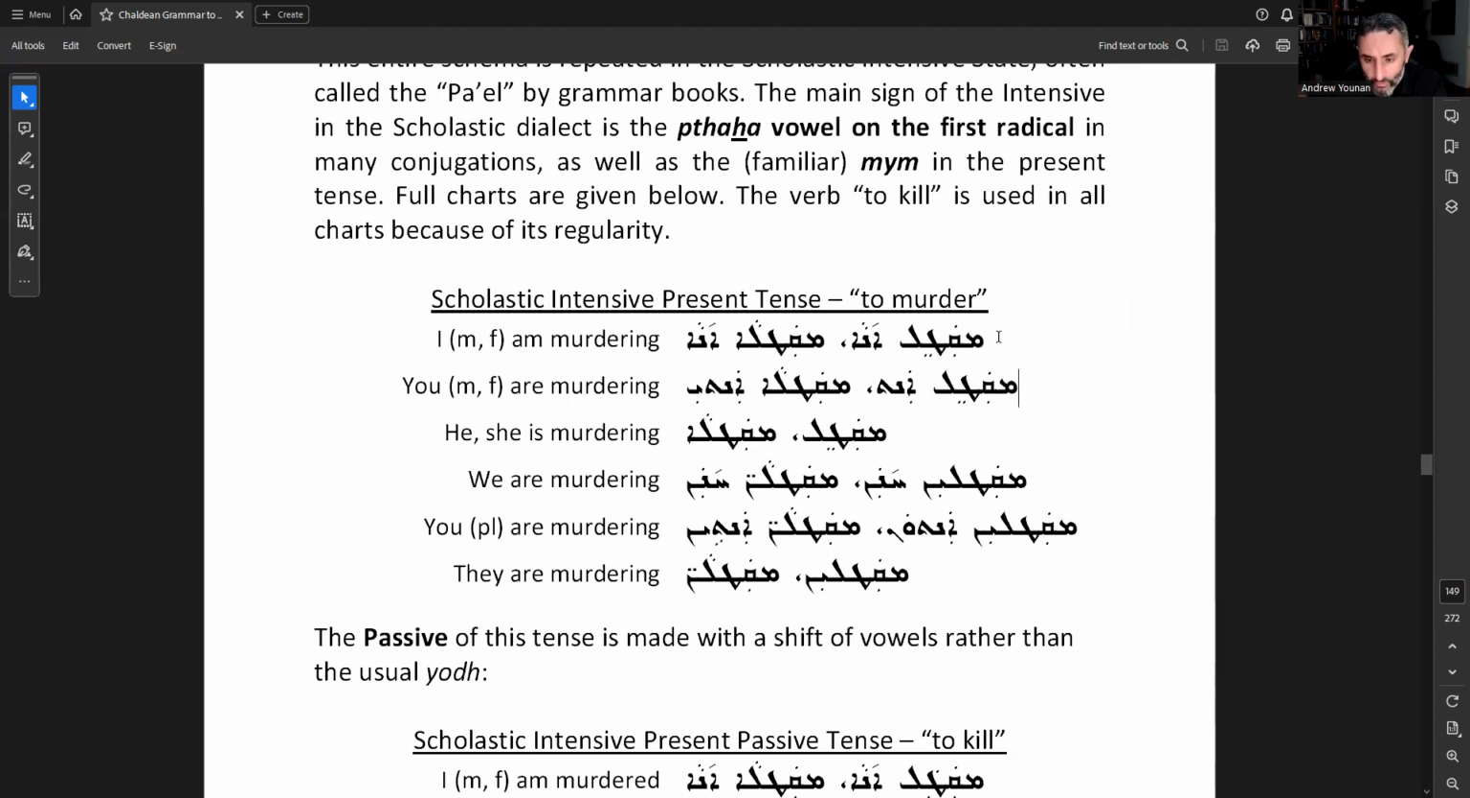And so on. So let me just read through the conjugation. مقتلنا مقتلانا مقتلات مقتلاءات مقتل مقتلة